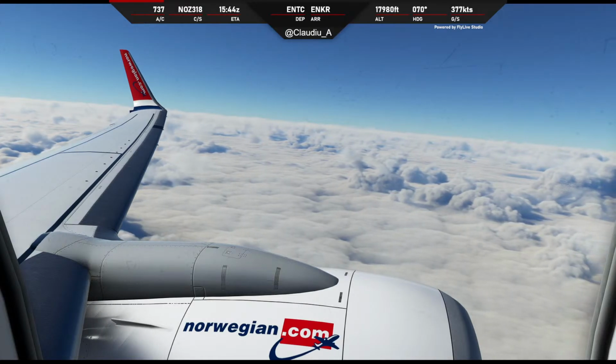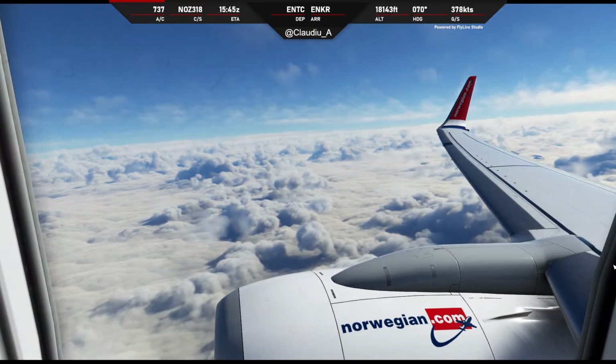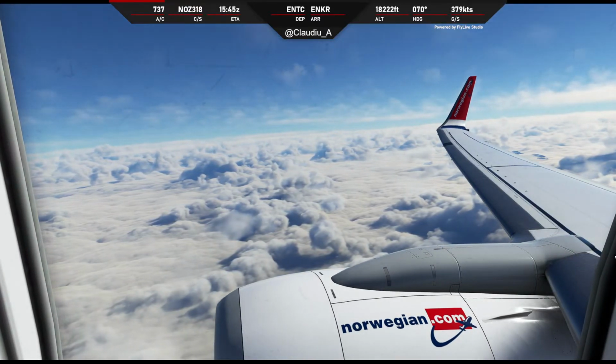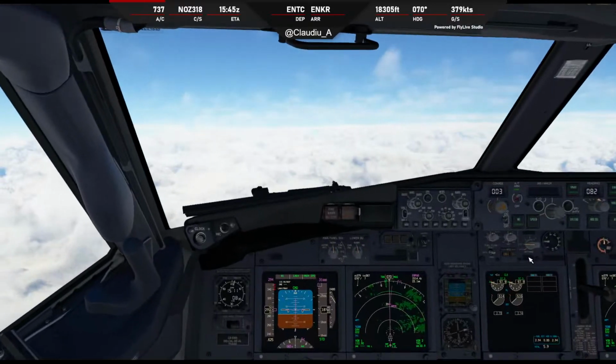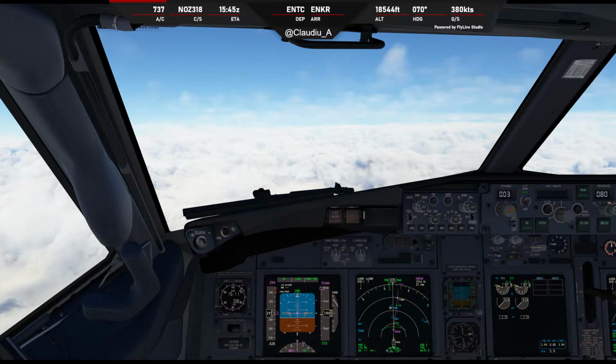This truly is a beautiful sight. Look at that. Oh, that looks gorgeous. So, let's get ready to prepare the approach. It's a very short flight. Top of climb is right over here, top of descent is right over here,